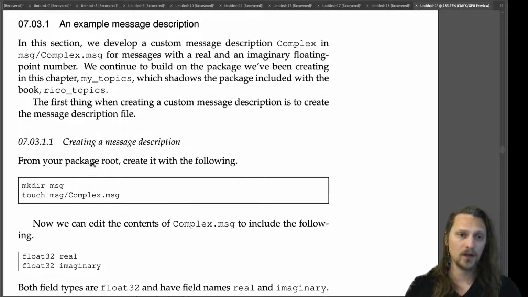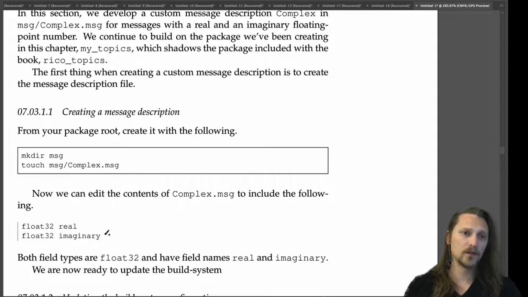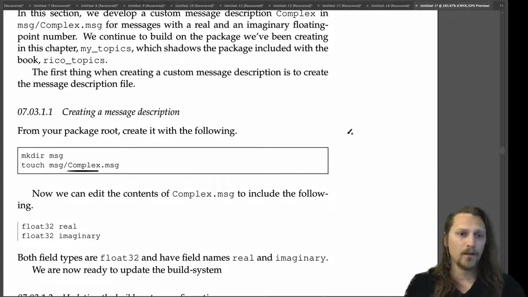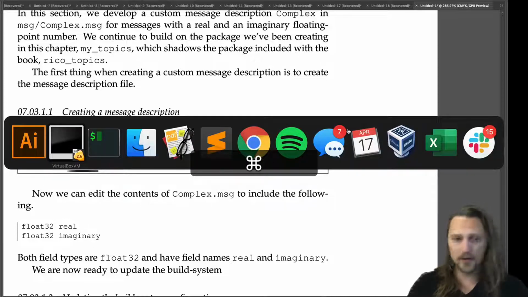Okay, so let's do that. First, from your package root, create it with the following. So you might need to create the msg subdirectory if it doesn't already exist, and then we can create the file complex.msg, which is going to be our new custom message type. So let's go ahead and do that. We'll actually do this